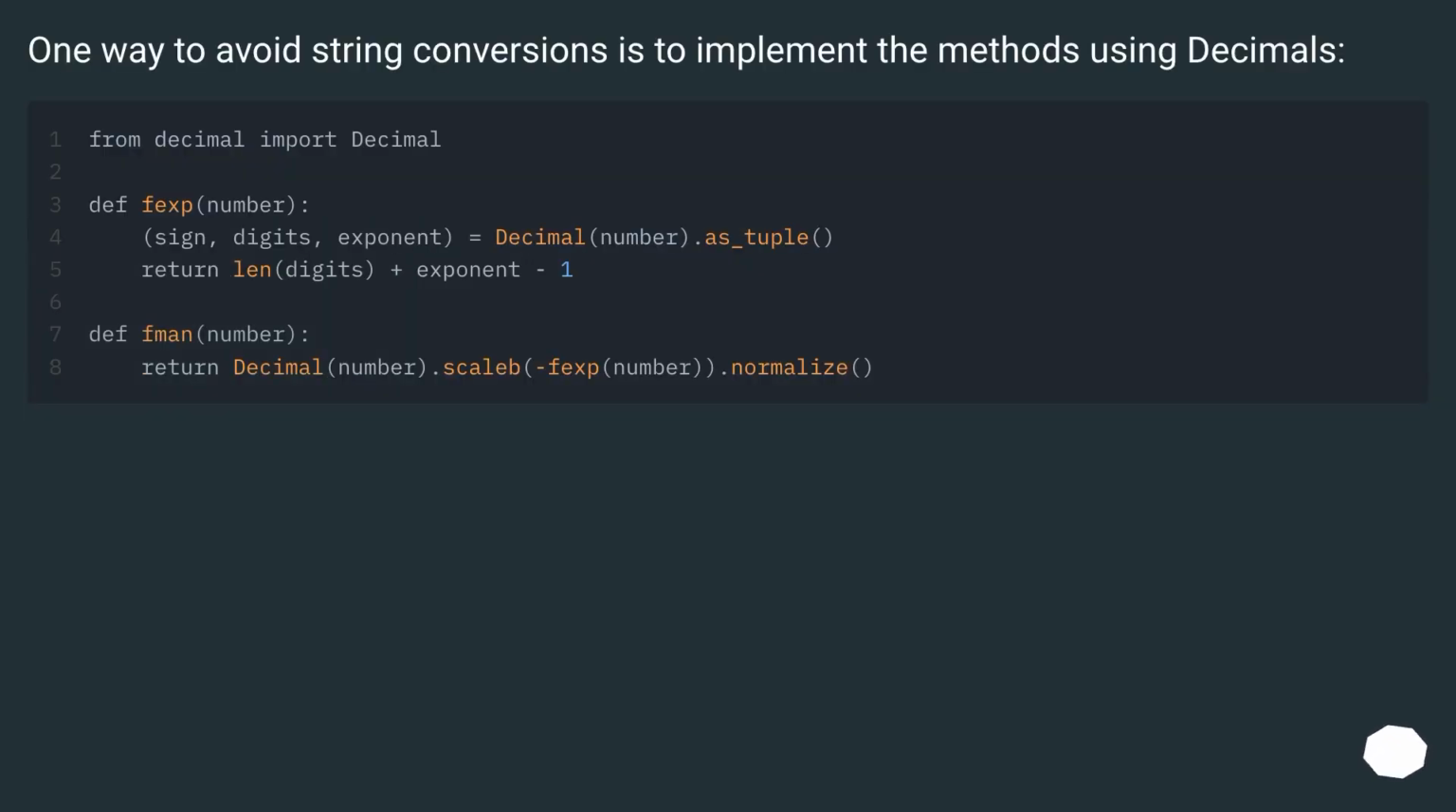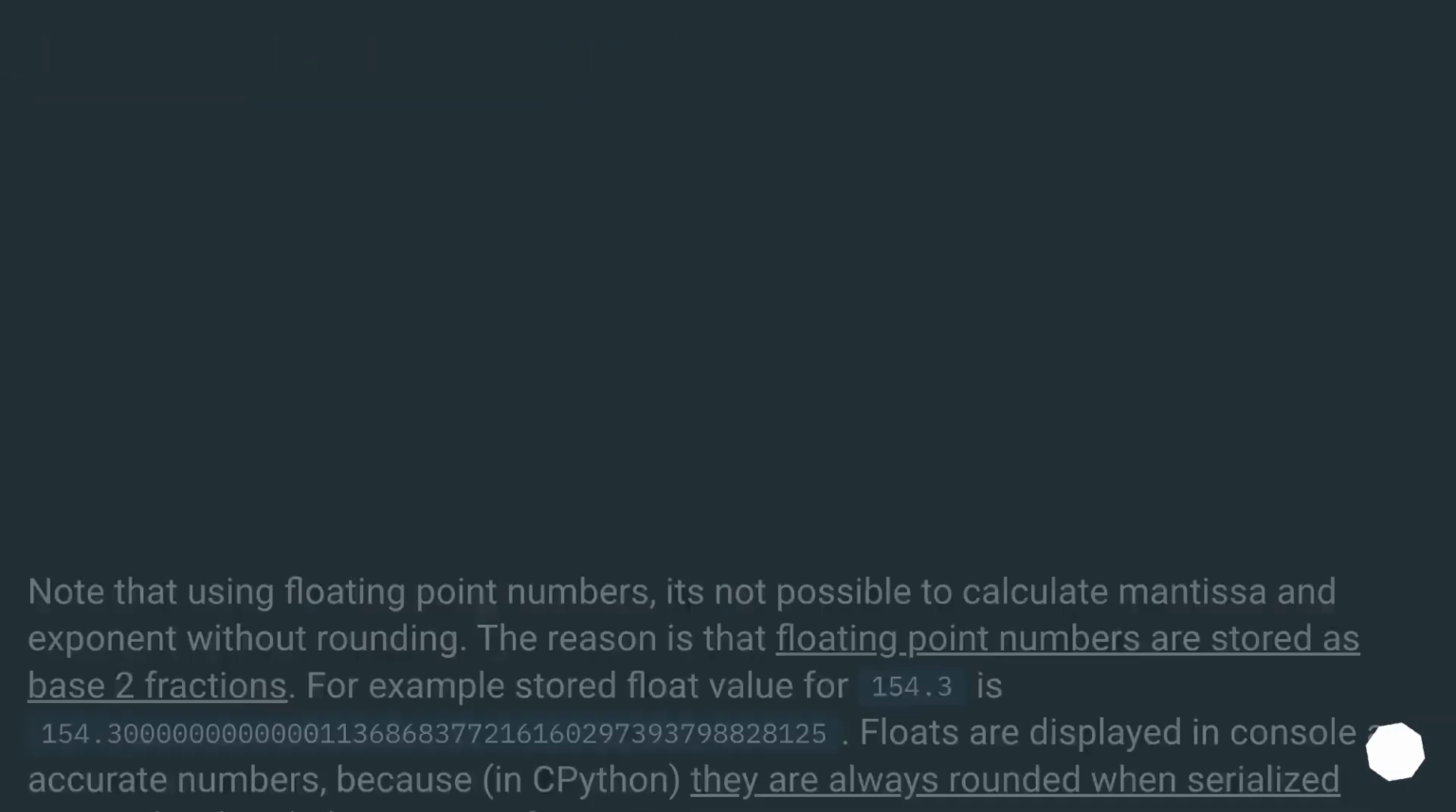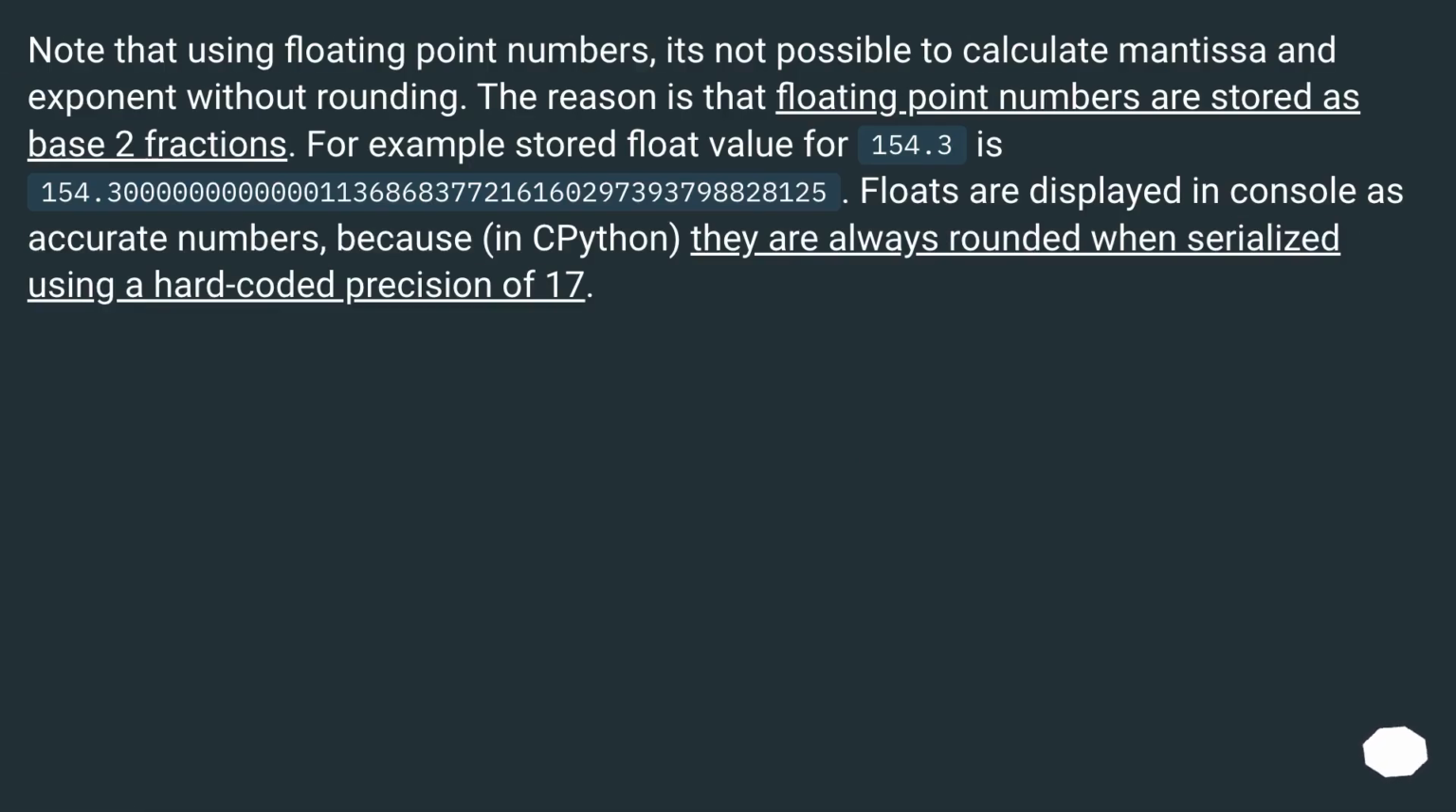One way to avoid string conversions is to implement the methods using decimals. Note that using floating point numbers, it's not possible to calculate mantissa and exponent without rounding. The reason is that floating point numbers are stored as base 2 fractions. For example, the stored float value for